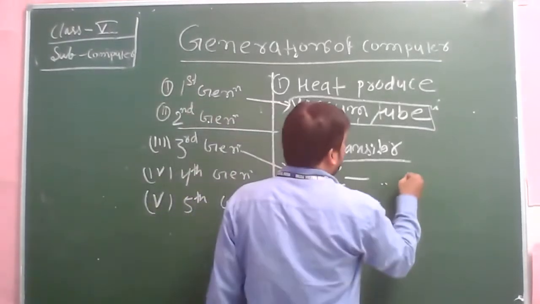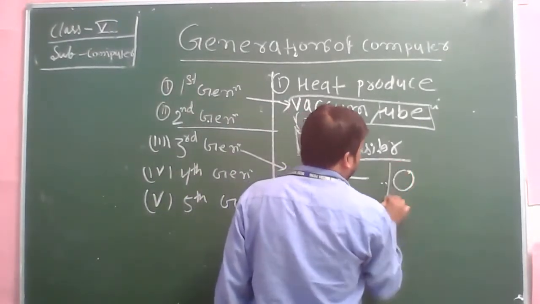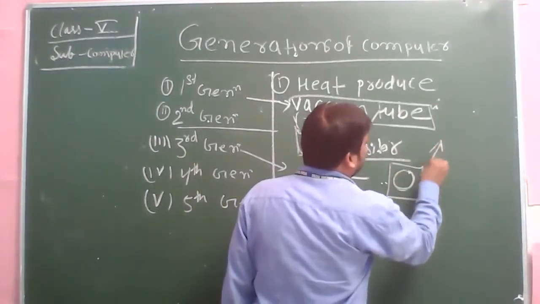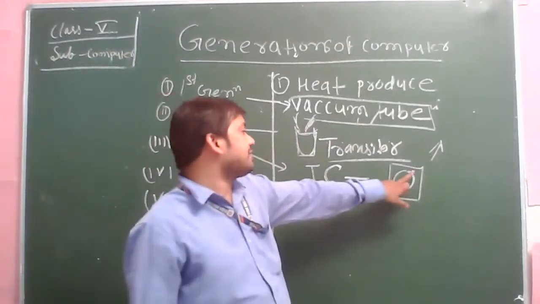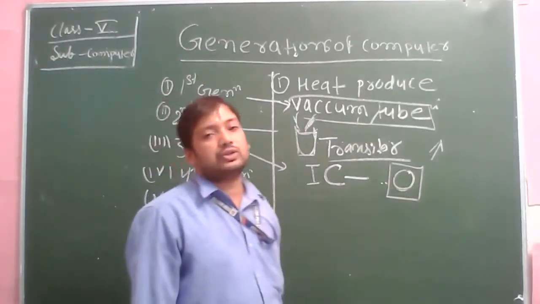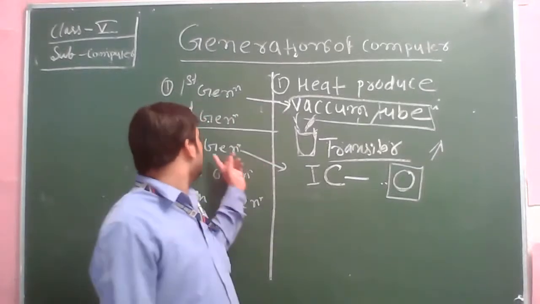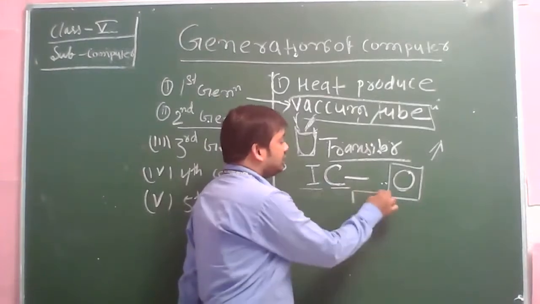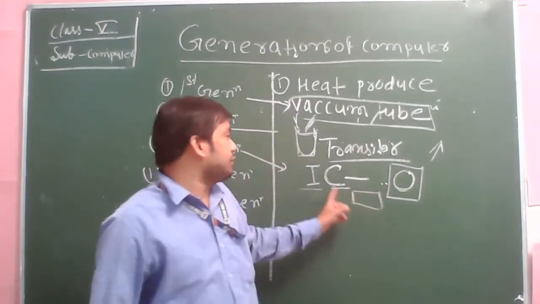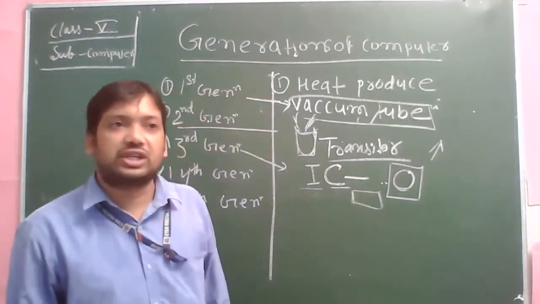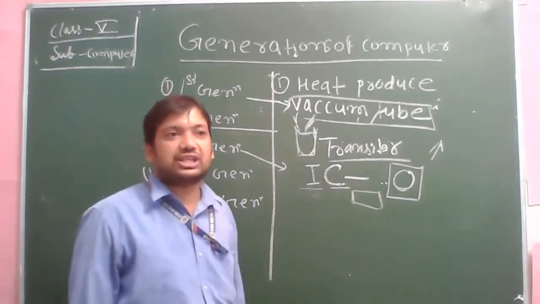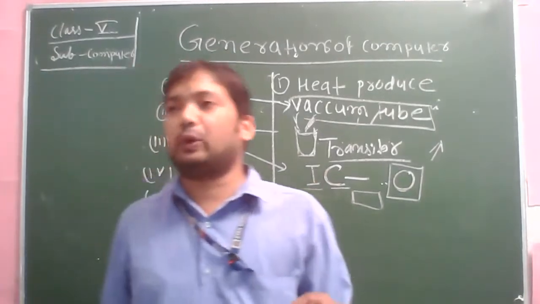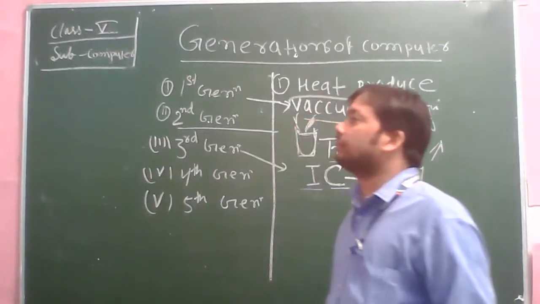We already know that a trackball has a ball, and when we scroll this ball, the cursor moves around the screen. That is called the trackball. Instead of the mouse, there is the trackball in the third generation, and IC is an integrated circuit. Now we use the microprocessor, but in the third generation we used the IC in place of the processor.